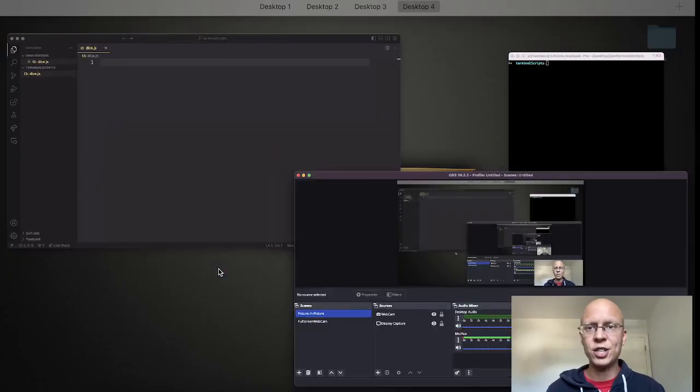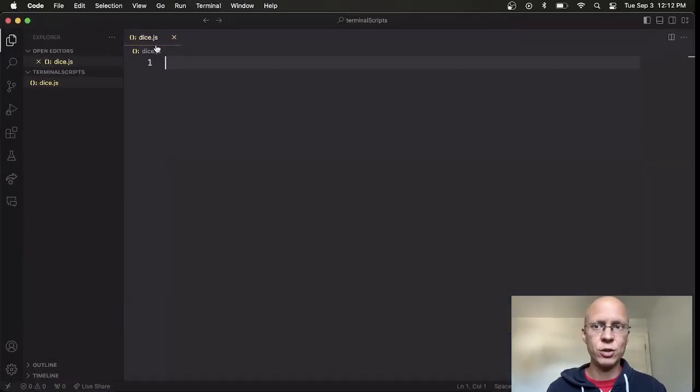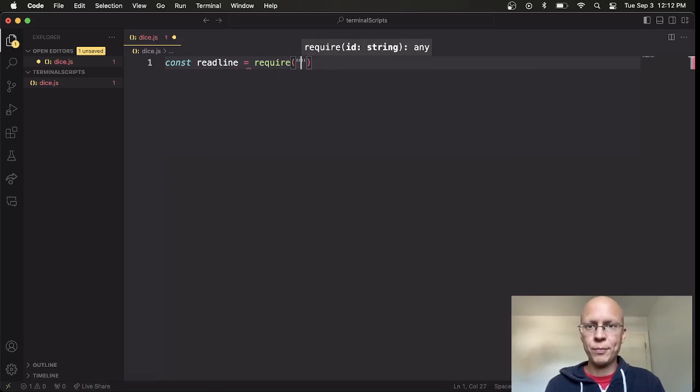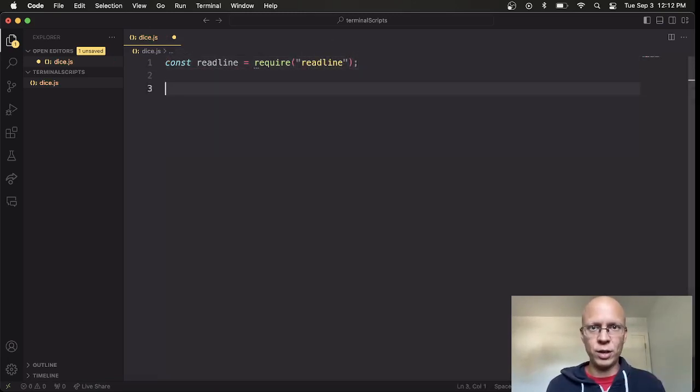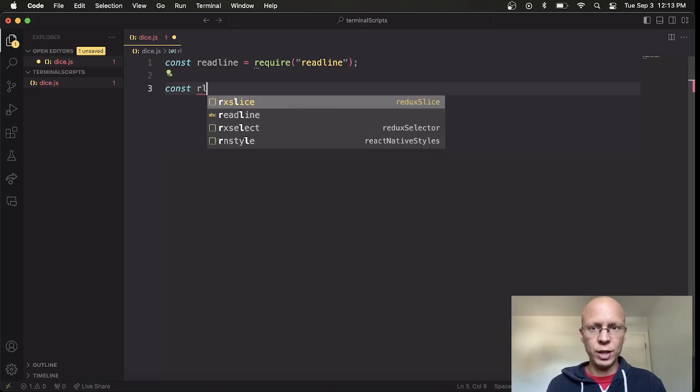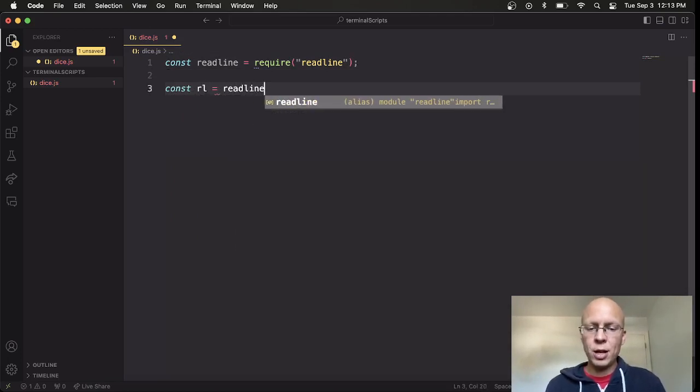So I just have here a JavaScript file. I just called it dice, call it whatever you want. And we are going to import our readline, which is how we are going to interact with the user in the terminal. So we just need to define a few things. We're going to shorten it to rl equals readline dot